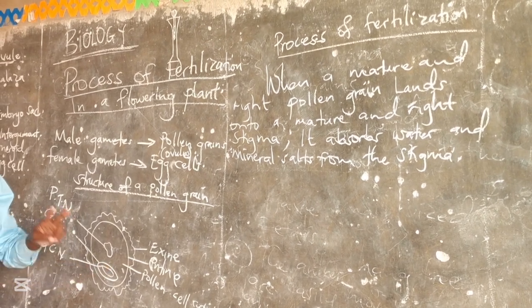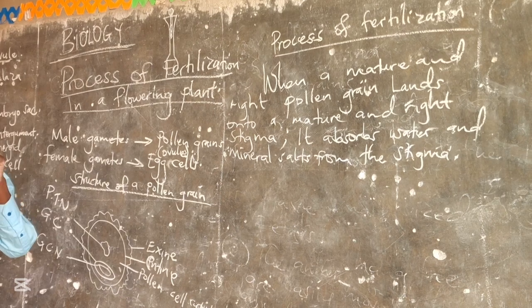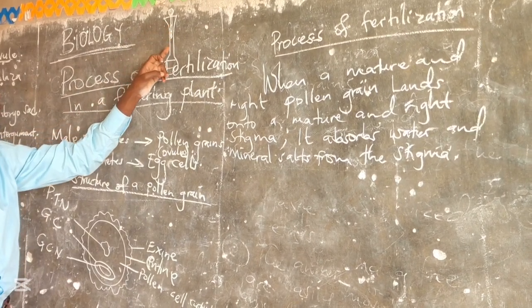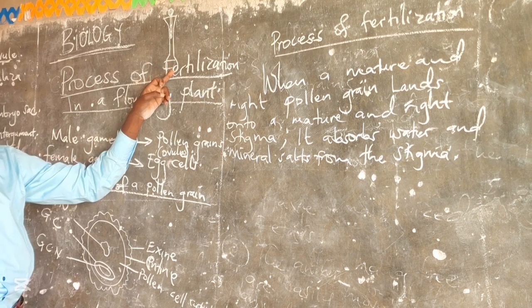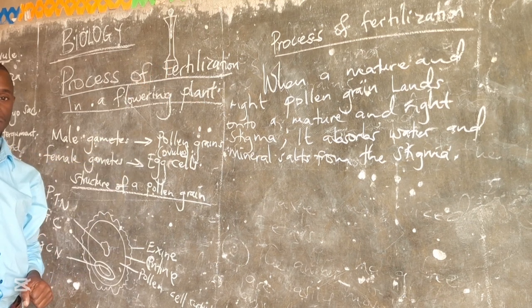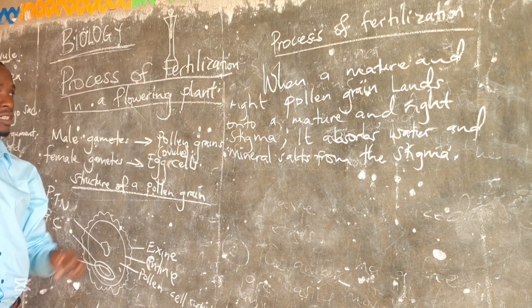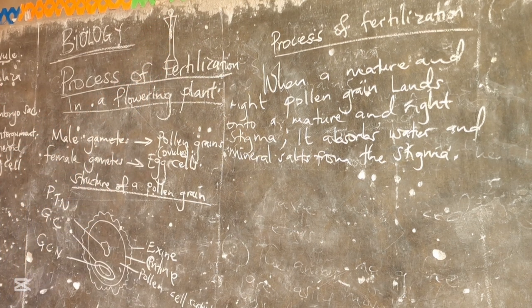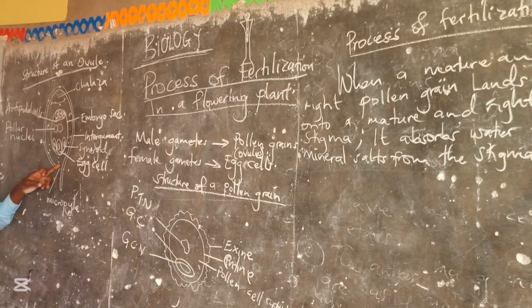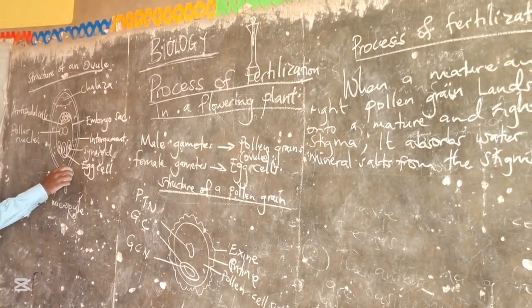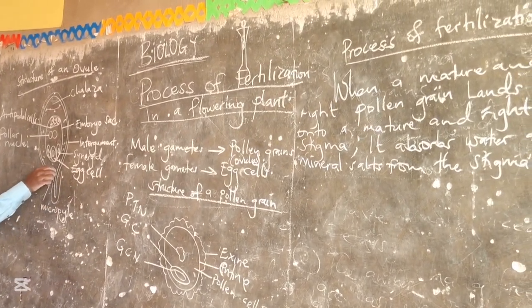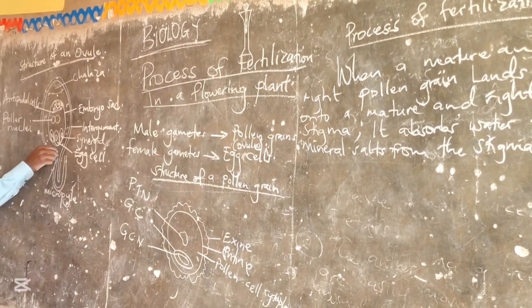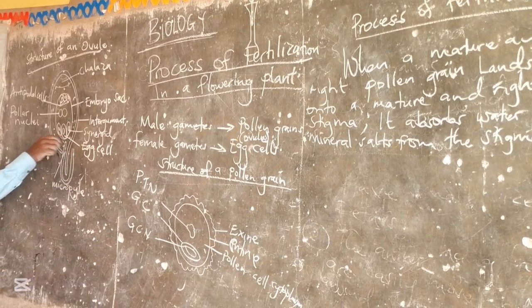After that division, it forms two male nuclei, which continue to grow, following the pollen tube nucleus as it enters the ovary. Once the pollen tubes are in the ovules through the micropyle, let me use this one as an illustration. Once this pollen tube has grown into this ovule through this micropyle,